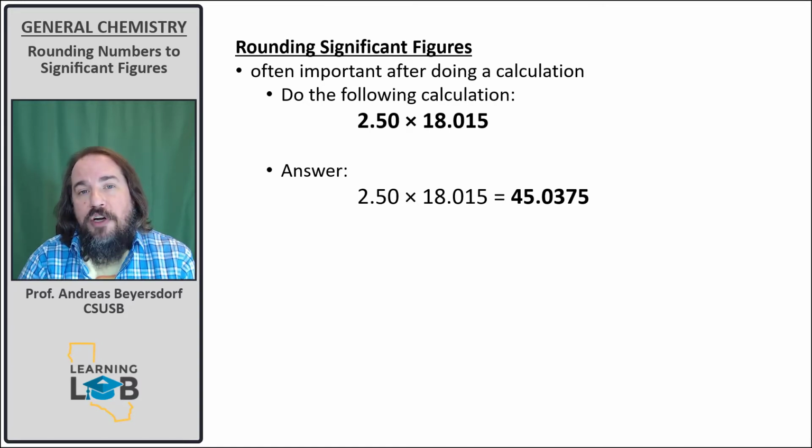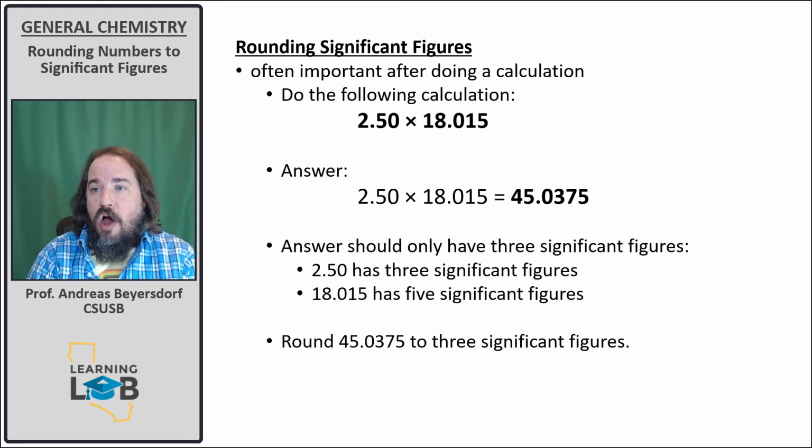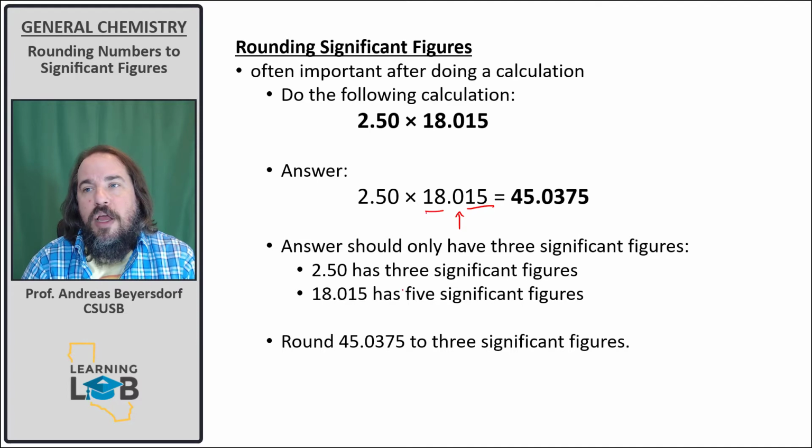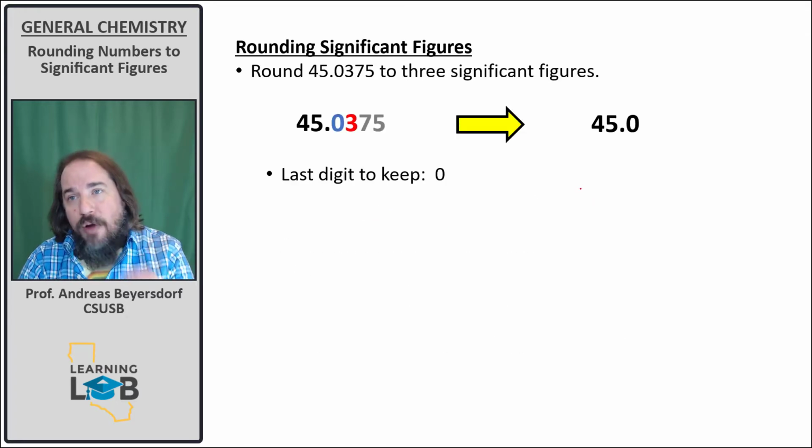So 2.50 has 3 significant figures. 18.015 has 5 because all the non-zeros are significant, plus this 0 because it's captive. 2.50 has 3 because this 0 is a trailing zero, but there's a period here, so that means it's significant. So my answer should have 3 significant figures. But right now it has more than that. It actually has 6. So how do we round this